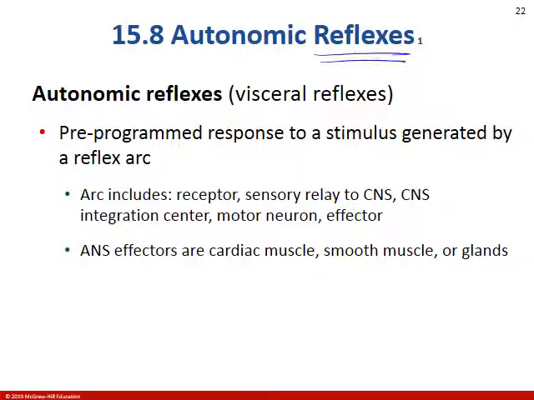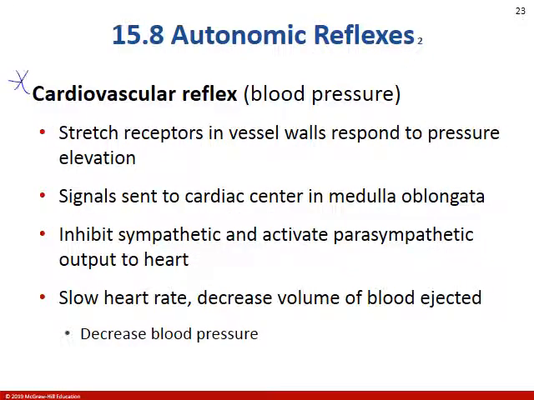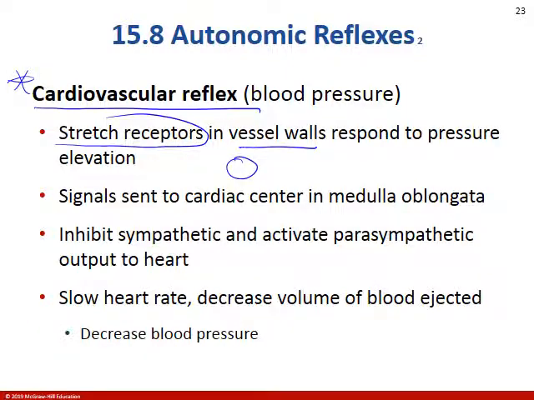We also have autonomic reflexes. These are going to happen in cardiac muscle, smooth muscle, or in glands. This is that pre-programmed response, just like we saw with somatic reflexes. An important autonomic reflex is the cardiovascular reflex. This will make a little bit more sense when we get to 202, but there are stretch receptors in the blood vessel walls. So if you have a blood vessel that's in its normal contracted tone, and all of a sudden there's tons of force being pressed on the wall from the inside,